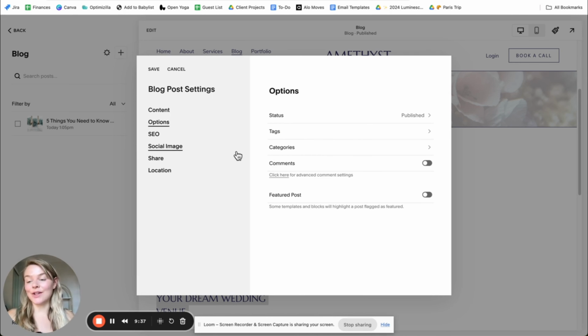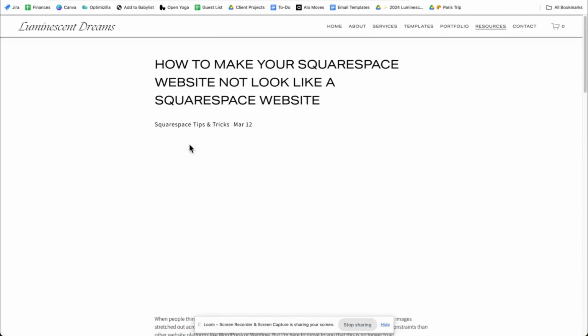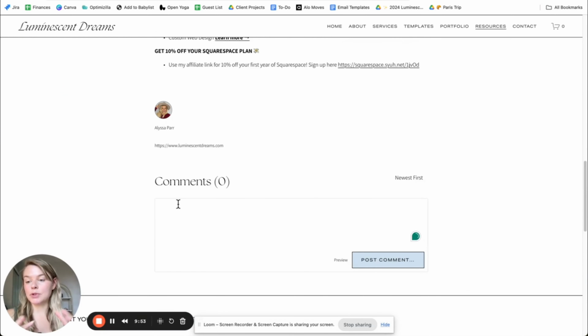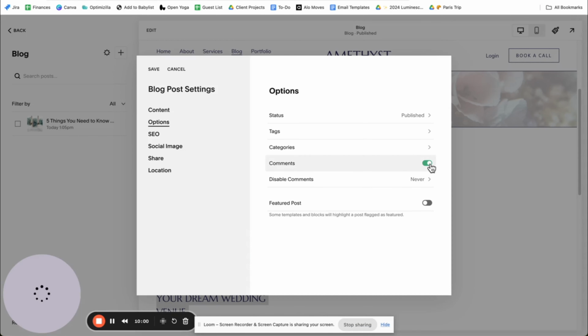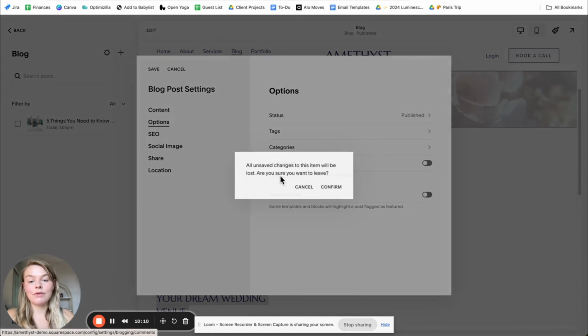Next up, while we're still on this page here, I just wanted to mention the comments feature. So you can disable or enable comments whenever you want. I personally like to keep them enabled on my website because it gives people the option to post a comment, get a discussion going. But yeah, there's totally cases where you wouldn't want people to comment on your blog posts, so I'll leave that setting up to you. There's also, if you click there,